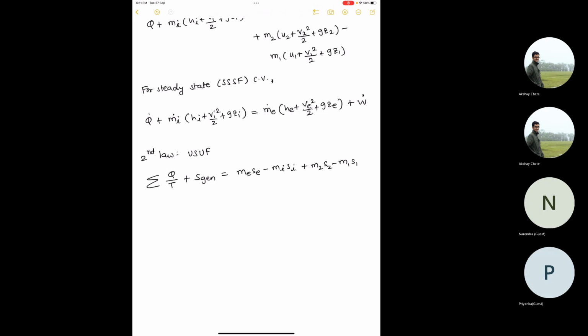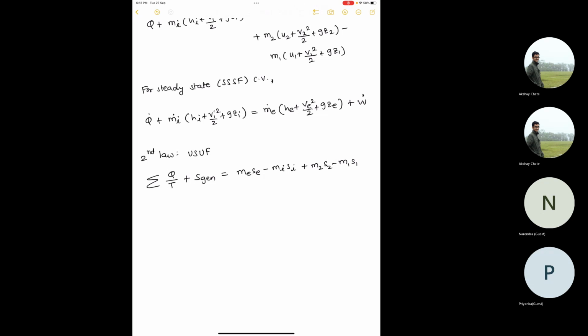And here, the summation of Q by T: wherever the heat interaction is taking place at the interface between system and surrounding, at that interface only you have to take the temperature, and depending on the sign convention you will sum up the Q by T values. Accordingly the sign will come. If heat is provided to the system, it will be plus, if not minus. So this will be for